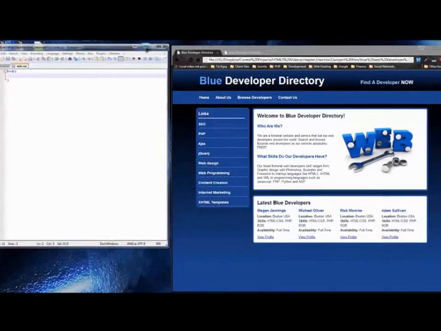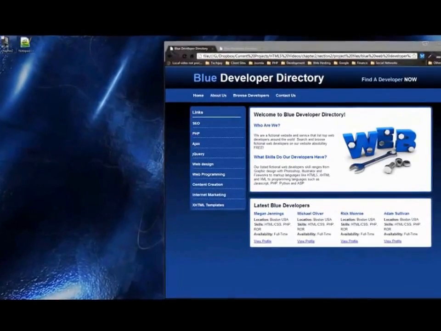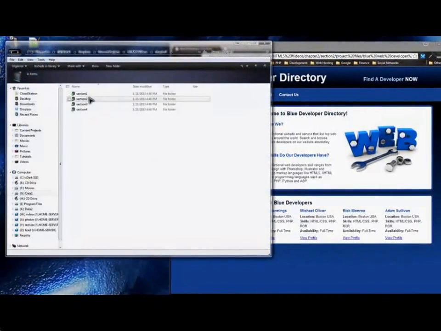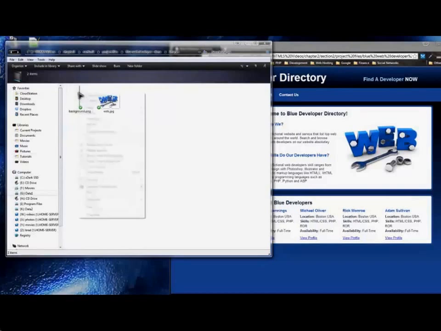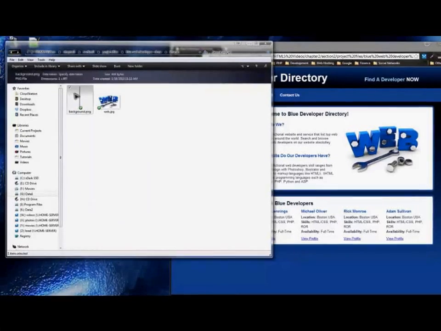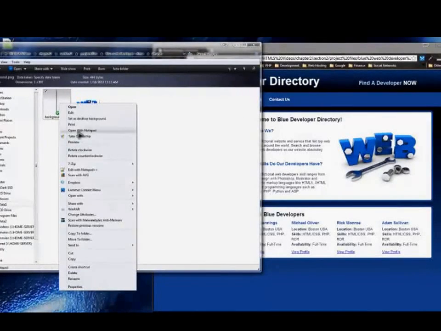So what I want you to do is go to your project files, section 2, project files, go to the done folder, and in the images folder you'll see an image called background.png. I'll show you that, and this is the image. It's 1 pixel wide. The gradient is all there, it's just so thin that you can't see it, but like I said, if we repeat it you'll be able to see it. So grab that, copy that,